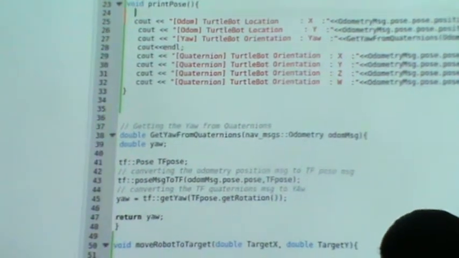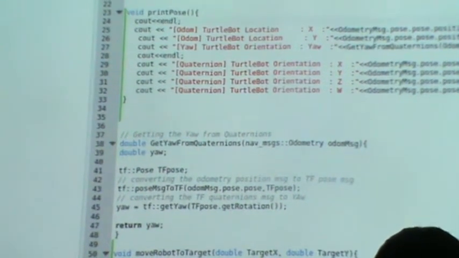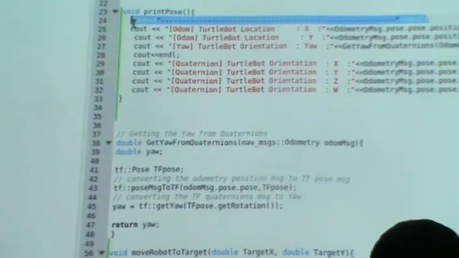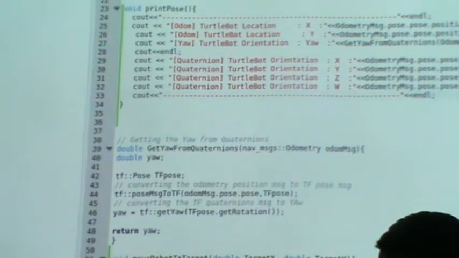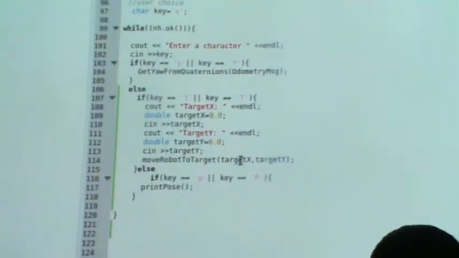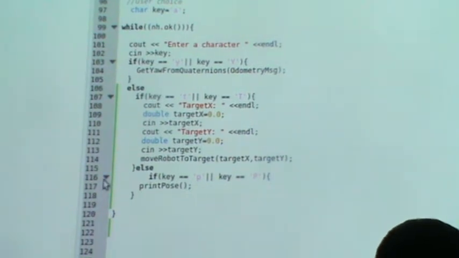In the main, we have to add one else. Let me add the line here to make it clearer in the display. Okay. Semicolon. Okay. Anything else? Yeah, and then else. And here, okay, else.